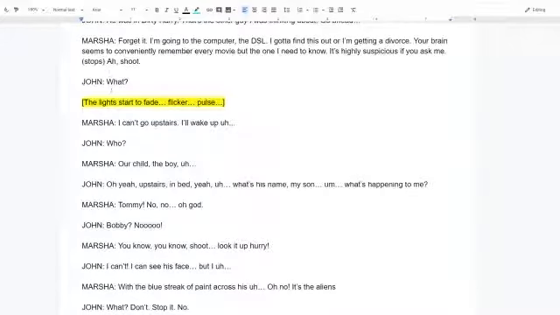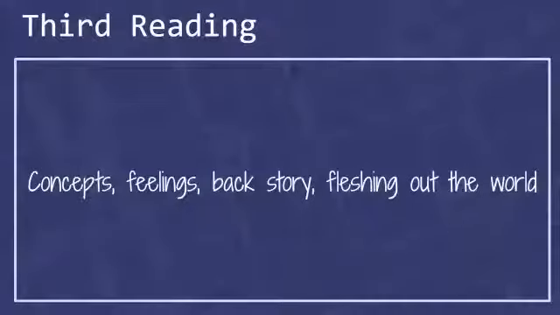So those are the things you're looking at. You're looking at what is going on in the story. What are you doing? And usually for me, as I do this, I start taking notes. That's the right tab. I start taking notes on what this world looks like and what is going on in the world of the show. All right. So you're looking at, and when I mentioned backstory here, I'm talking about like, so Marcia picked up